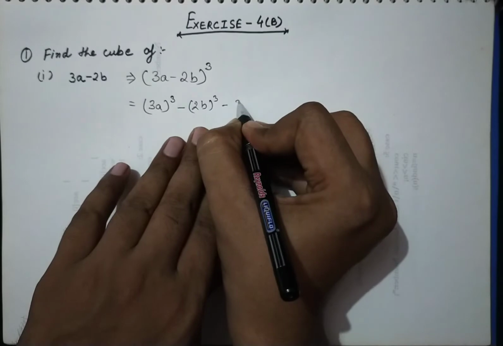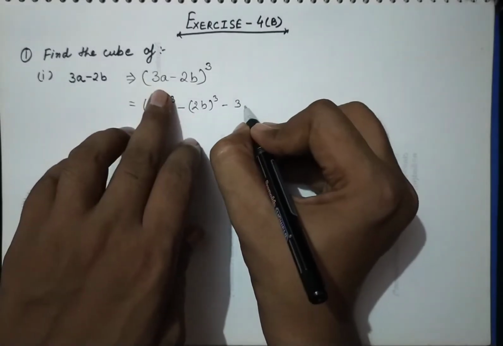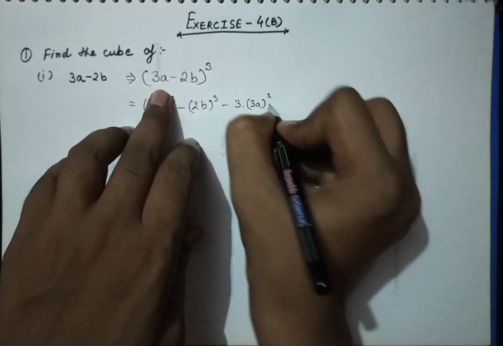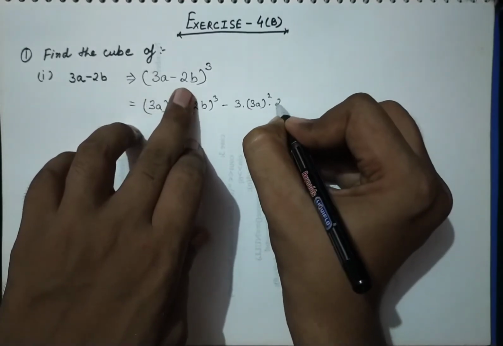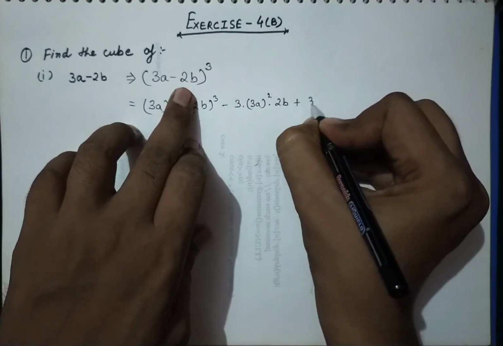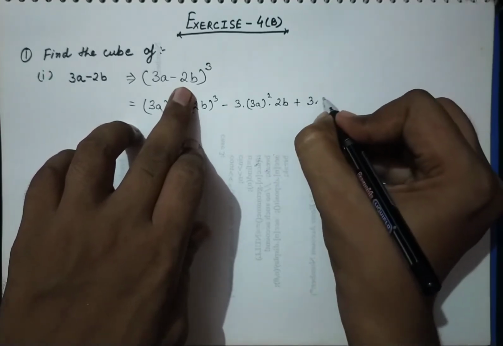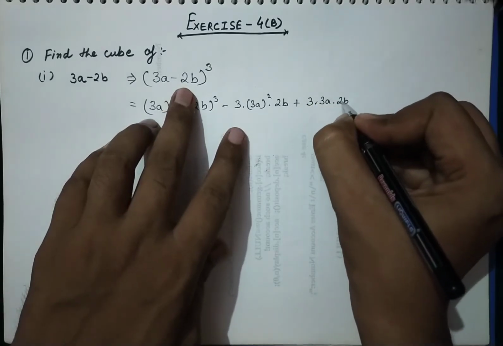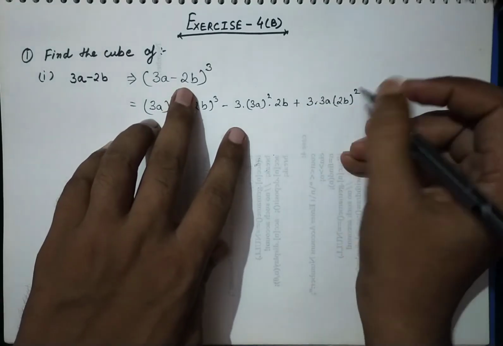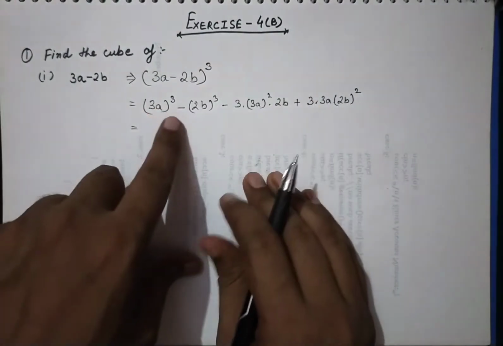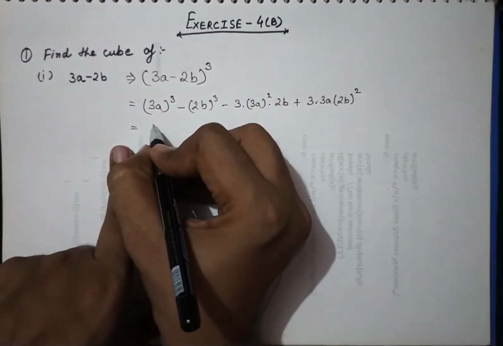minus 3 into (3a) to the whole square into 2b, then plus 3 into 3a into (2b) to the whole square. Now solve it. This will become 27a cube